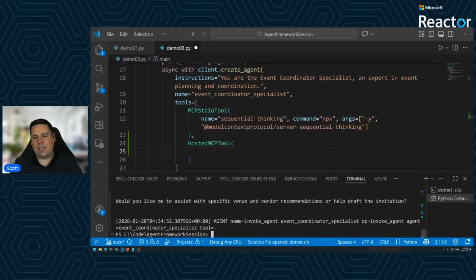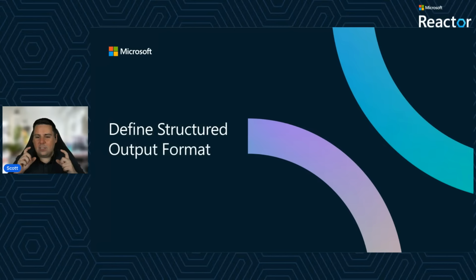So I think it's about time that we look at, hey, how do we begin to step beyond just looking at text and begin to structure our responses so we can begin to compose our agents together and plug them into each other. So the next topic we're going to be looking at is structured output. And when we begin to think about interacting with an LLM, one of the biggest things that changed about 1.5 years or 2 years ago was shifting from thinking of an LLM as just outputting text to instead being able to output something in a known format, in a schema, if you will.